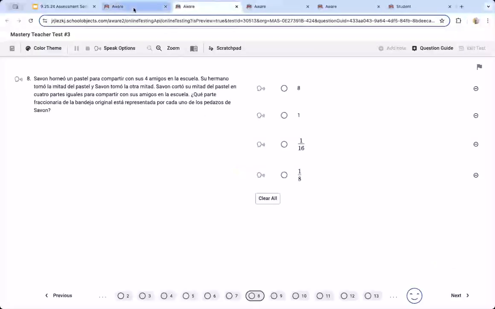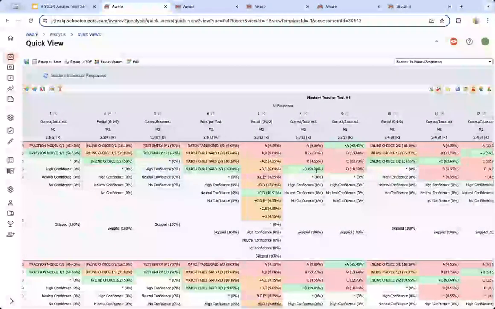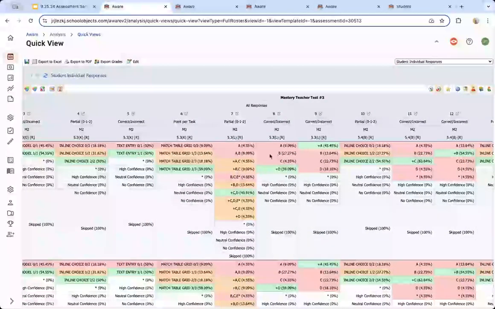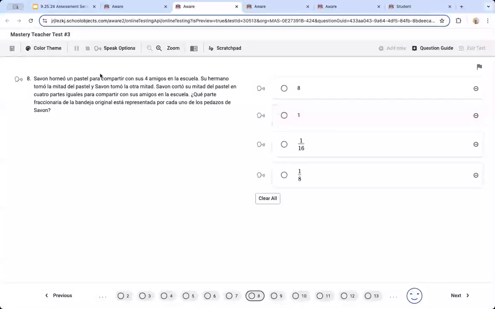I can expand number 8, and let's go to a teacher summary. I can see on number 8 that 59% of kids picked D as the correct answer, but 27% picked the same incorrect answer, B. Well, maybe looking at that on question 8, let me find the right window, B is the number 1. I can reread the question, which is in Spanish in my example here, and decide, oh, B, they're picking this because they're doing this wrong thing. That is a very, very valuable piece of information to pull out of your analysis to decide how to address those misconceptions with those kiddos.